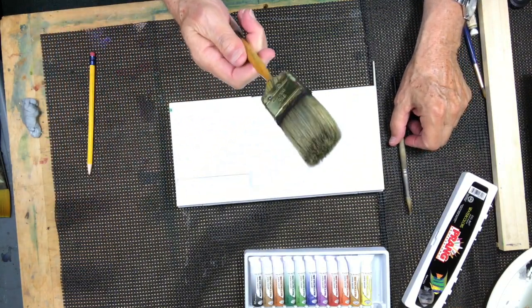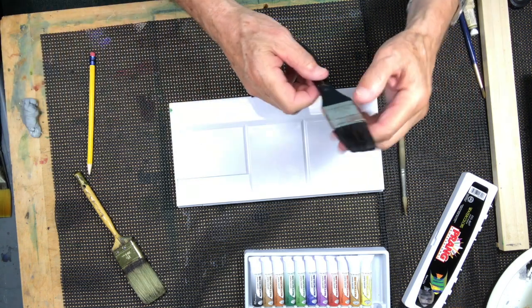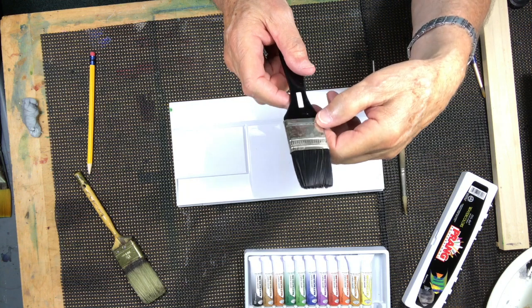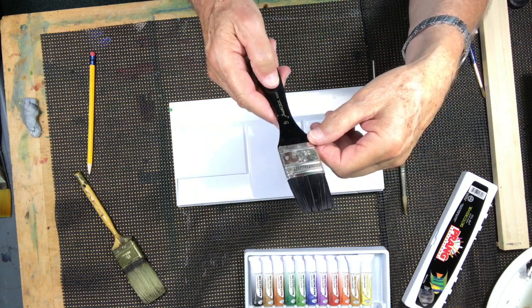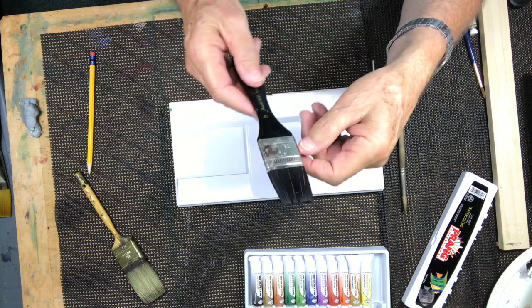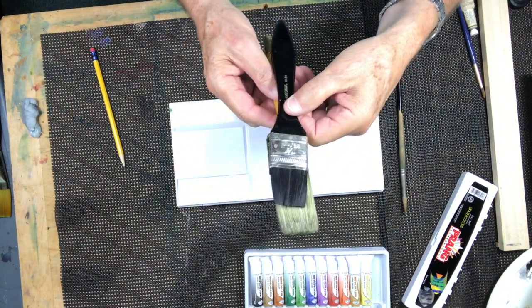I got this at the hardware store. You can get them if you wanted to buy one at a paint store or art store. This did come from an art store. I think it's Hobby Lobby. Master's Touch is the brand. Not sure who sells that, but this is 1.5 inches also. You can see it's the same size,